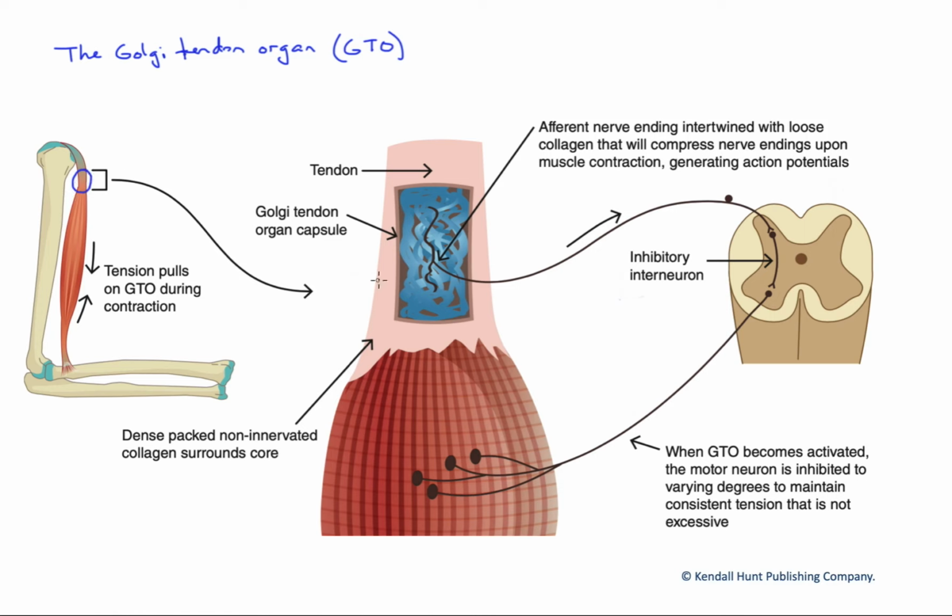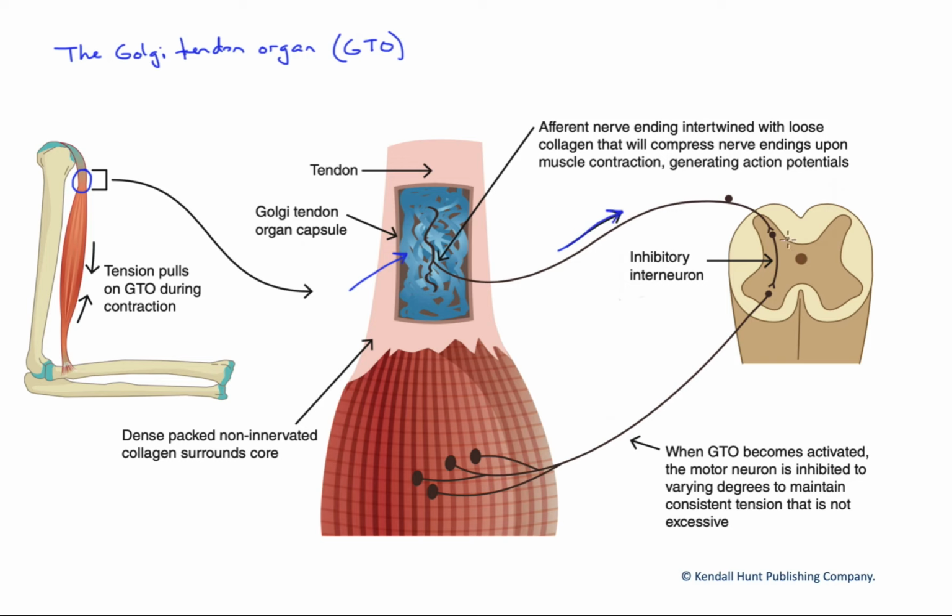If we blow that region up, we can see that the Golgi tendon organ is comprised of nerve endings embedded in this matrix of collagen fibers shown in blue here. Now, as the muscle contracts, it's going to actually generate tension and distort these collagen fibers. That in turn bends the nerve endings within which there are mechanically gated channels. This leads to a change in membrane potential and possibly an increase in action potentials that travel along this afferent